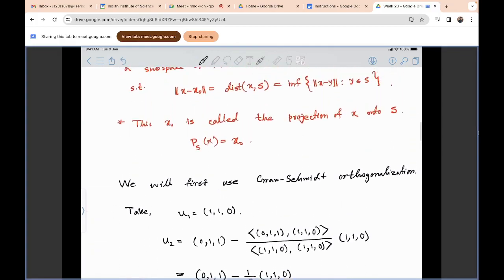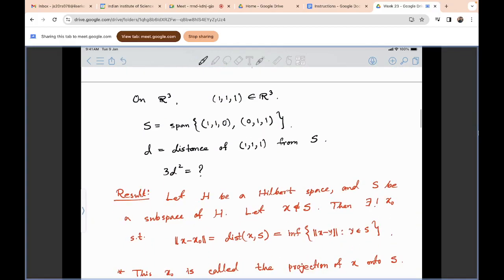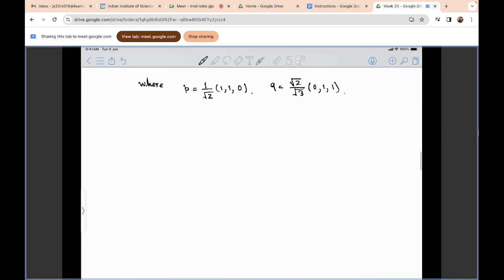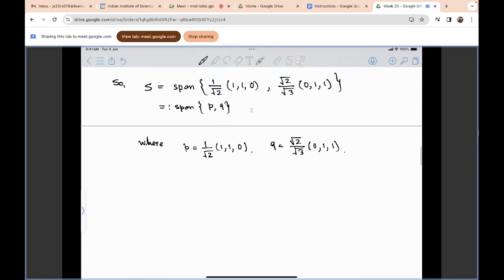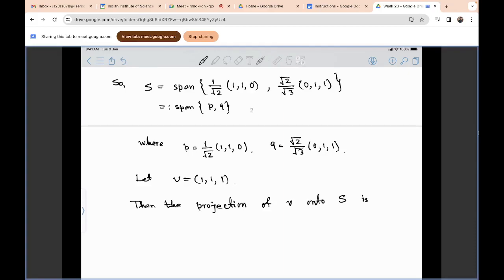In order to find the distance of (1,1,1) to this subspace, we need to find the projection of (1,1,1) onto S. Let V equal (1,1,1). Then the projection of V onto S is given by